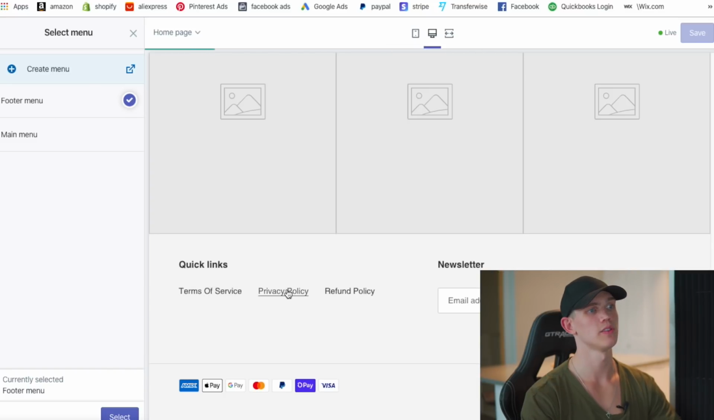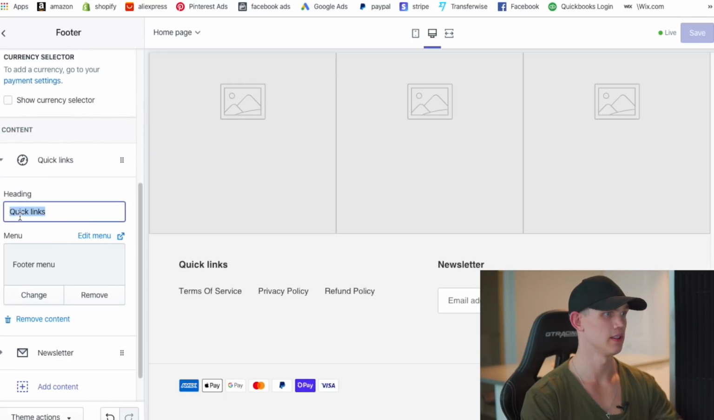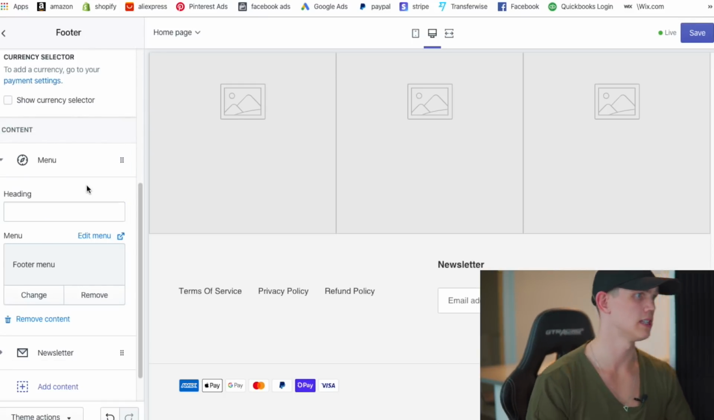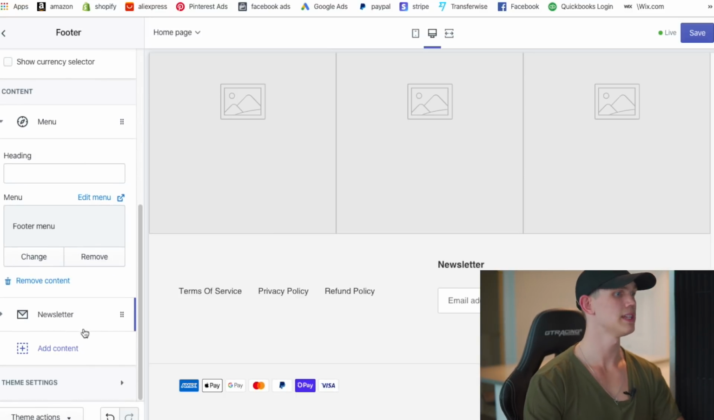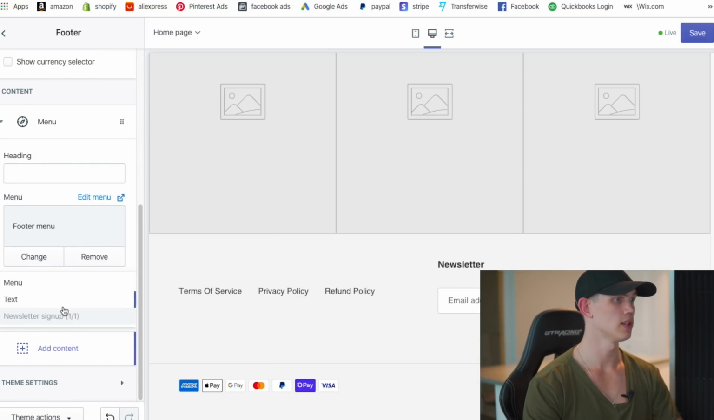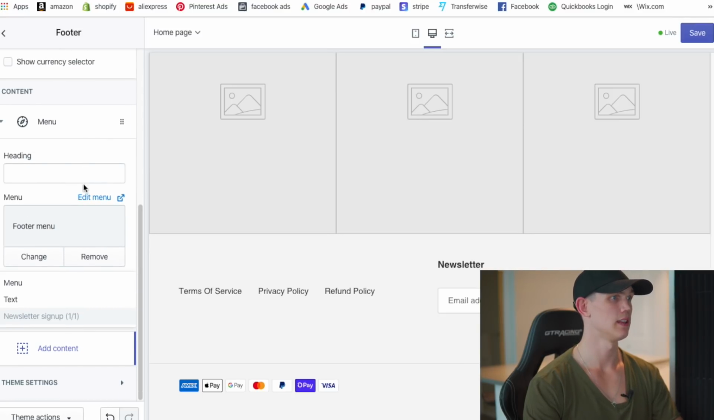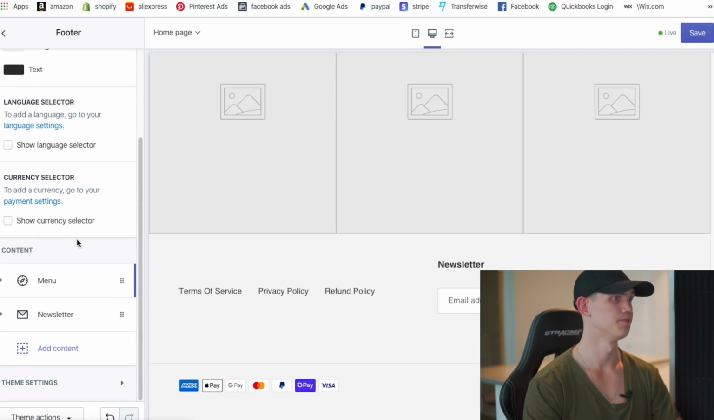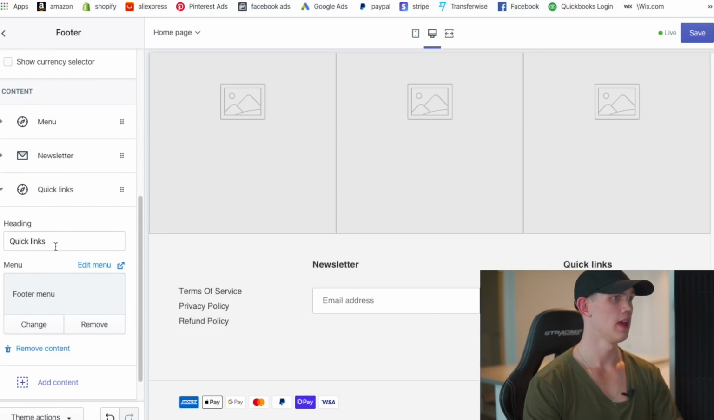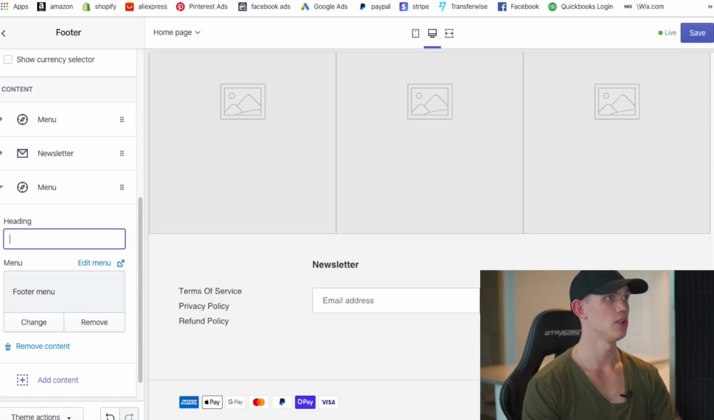So now we have the terms of service, privacy policy, refund policy, and we've got it all as quick links, which I think looks kind of ugly, so we'll just get rid of that because we don't even need it saying quick links. What I typically like to do is add more to this too. So basically what I did is I just hit add content, and then we're going to want to go ahead and change what this content is. So we'll hit add content, and then we'll go with a menu, and we'll get rid of the quick links again because it's ugly, and we're going to put a new